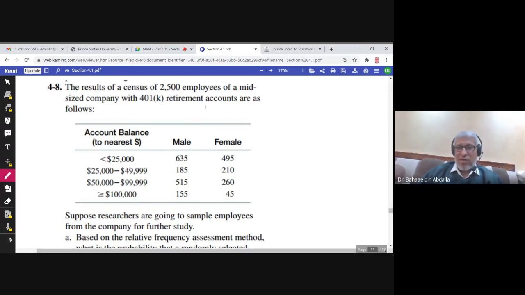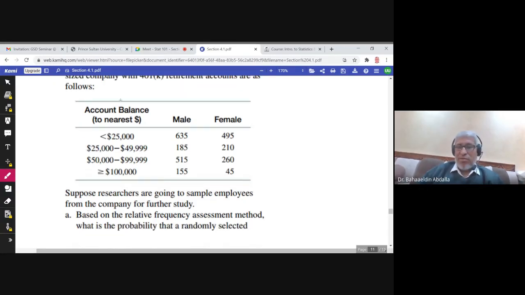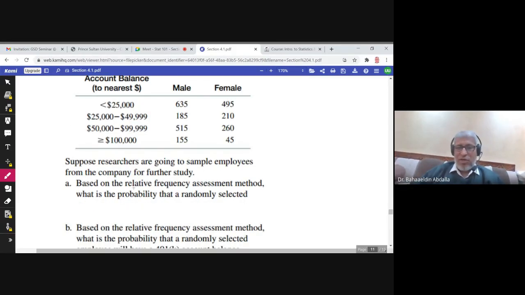Another example, the results of a census of 2,500 employees of a mid-sized company with 401k retirement accounts are as follows. Here you have the account balance. This is the first variable. There are four choices, and the gender, male or female. It is also a form of table, and he will ask you, based on the relative frequency assessment method, what is the probability that a randomly selected